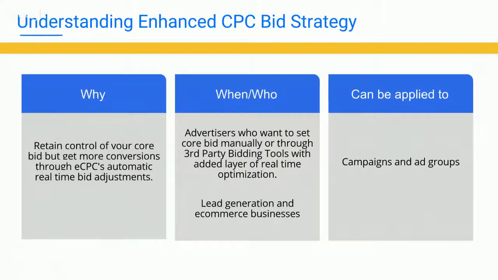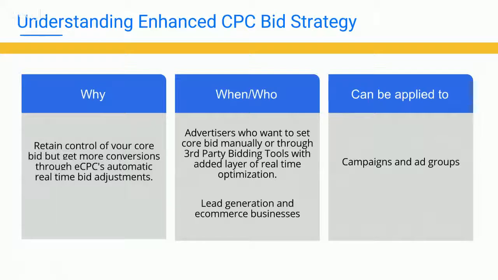There's no minimum amount of data that you need to use ECPC, or enhanced cost per click. But obviously, the more data you have, the more accurate and the more effective the system is going to be. So I would say it doesn't hurt to enable it right from the get-go. As you can see on our slides here, you're going to see results that are at least better, or at bare minimum the same as what you were getting before. I've never seen a case where you would see a performance decrease by using ECPC. If anything, if you don't have much conversion data, the system probably won't even have a big change or effect. So definitely a good benefit by enabling ECPC, specifically if you're using conversion tracking.